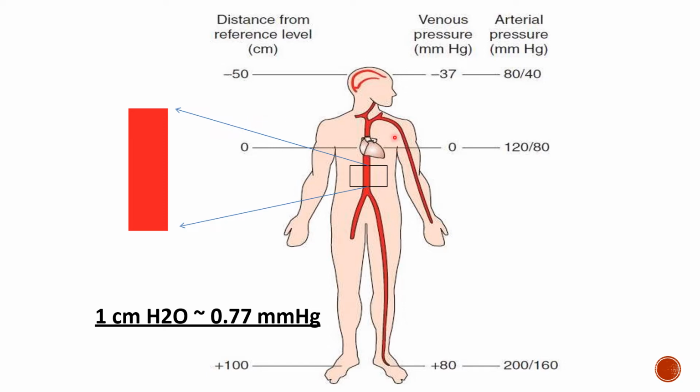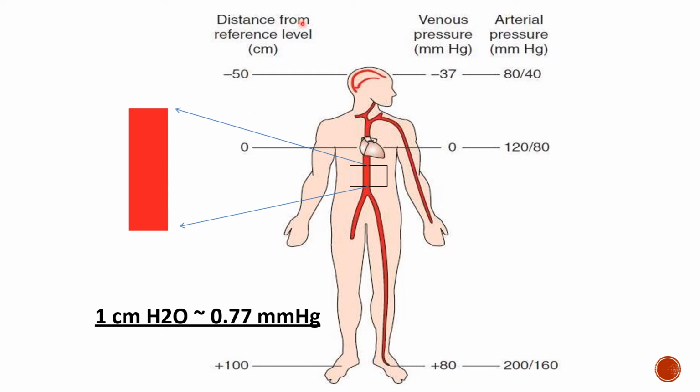So this is a picture showing the effects of hydrostatic pressure on the human vascular system. So this is in upright posture. Considering the aorta as a vertical fluid-filled system, we can study the effects of hydrostatic pressure. So the zero reference level is taken at the level of the right atrium of the heart. The blood vessels above are considered to have a negative gravitational effect, and the blood vessels below will have a positive gravitational effect.